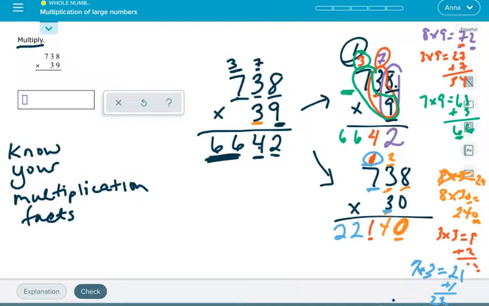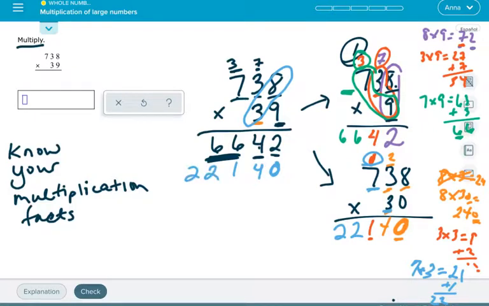When you see the algorithm, when we shift over to here, they automatically put that 0 there. That's to indicate that we moved over to the tens place, and we're treating this like it's a 3, but it's actually a 30, and that's the value, that 0 there, that treats it like it's a 30. Okay, so for this portion we got